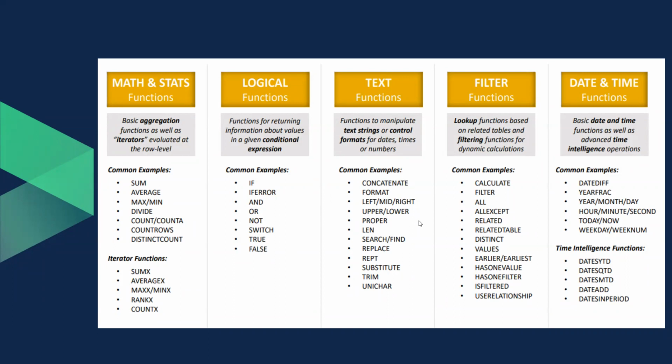Then we have text functions. Text functions help you work on texts. If you remember, we were replacing in our Power Query. But that replacing is more like we have a UI to help us: you go to replace, click on replace, do this, do that. This one is just a function, and it's going to do the same thing. So CONCATENATE means joining one or more strings together. FORMAT, what does format do here? Okay, I can't really remember what format does here. Left, mid, right, and so on and so forth. Then we have filter functions as well. Then we have date and time functions. This will come very handy